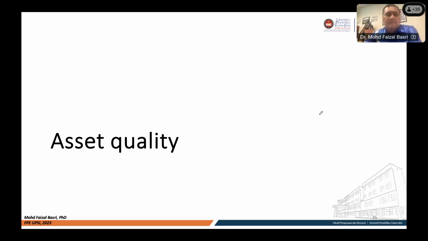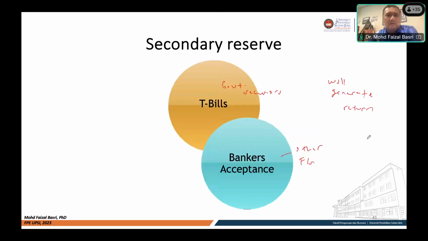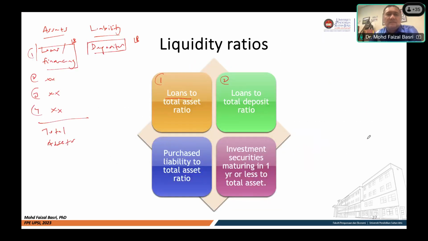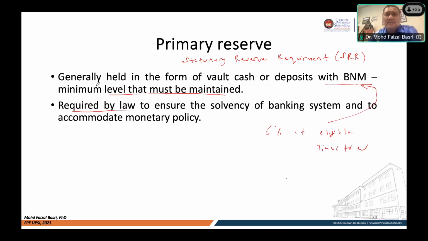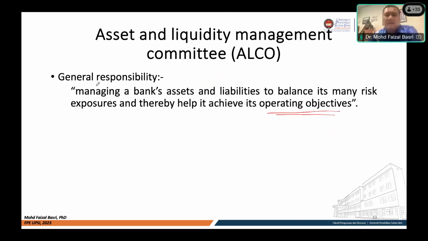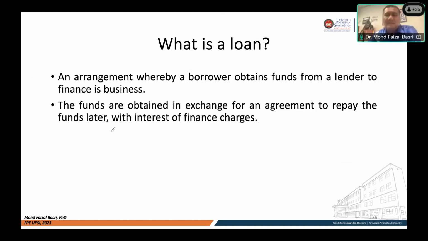Okay, next is about asset quality. As I mentioned at the end, when we talk about banks' assets, we are talking about loans and financing. The third element here is asset quality. Asset quality refers to the quality of the loans or financing that the banks have in their balance sheet. Obviously, loans are one of the largest